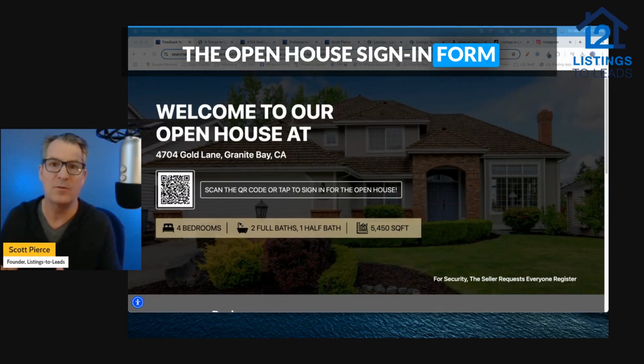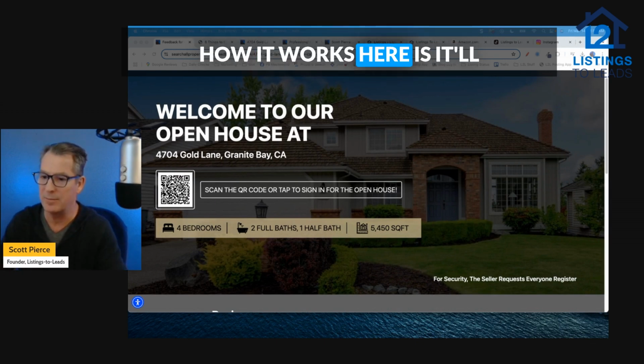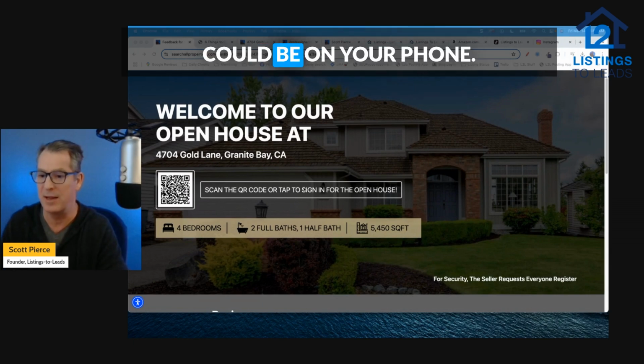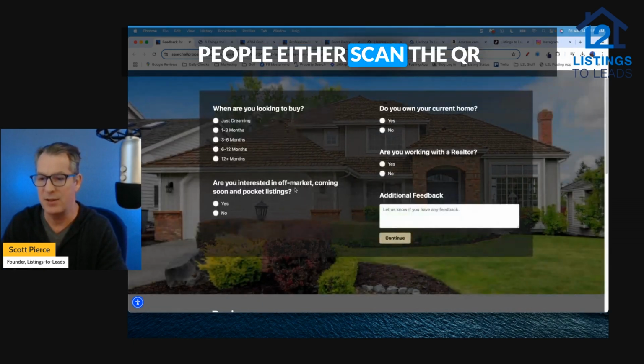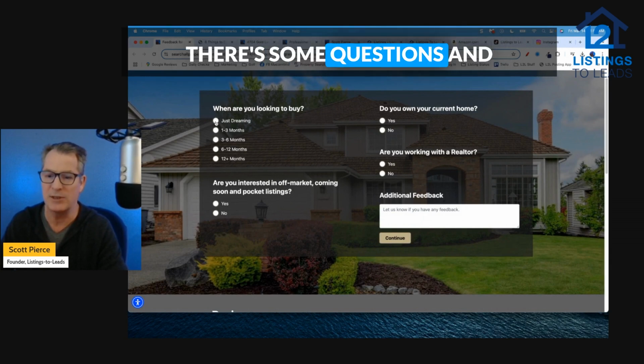The open house sign-in form from Listings to Leads has been recently updated. I'm going to walk you through how to use it. How it works here is it'll be on a laptop, a tablet. There's also a print version, could be on your phone. People either scan the QR code or tap with their finger, and you're going to see here there's some questions,